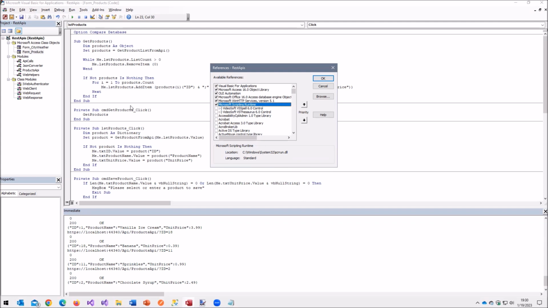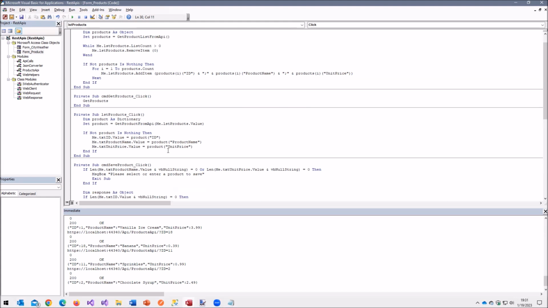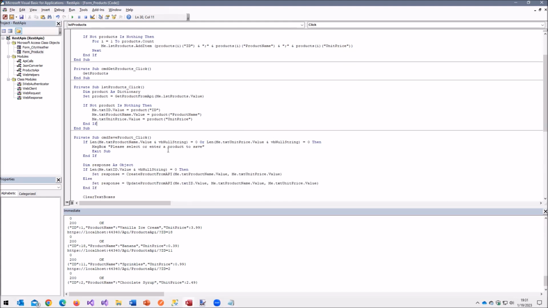And just to clarify for everyone, this dictionary object that is returned by JSON is compatible with the VBA dictionary object. Yeah, exactly. You would normally assume that. Well, the library, the VBA web library, basically creates it as a Microsoft scripting library dictionary. That's how they decided to map it.